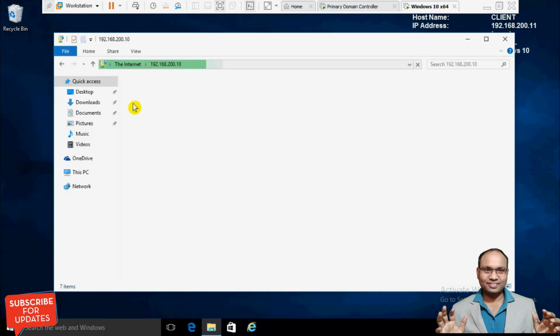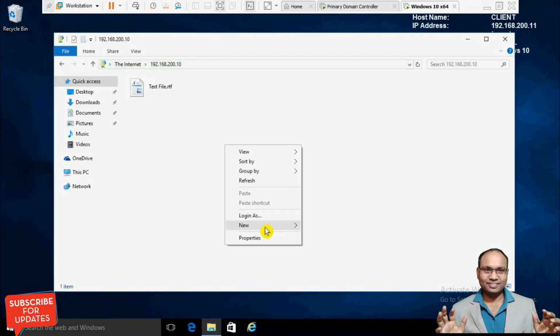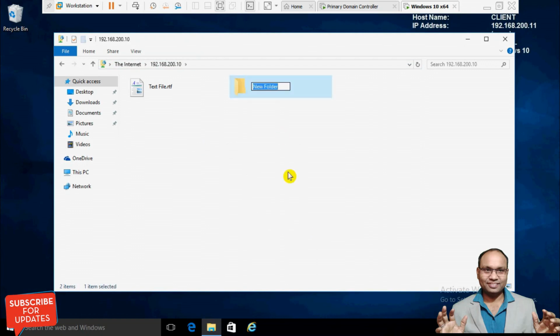Now I'm going to create a folder here, the ftp1 folder. Okay, now I'm going to log in with another user and check whether it's working or not.